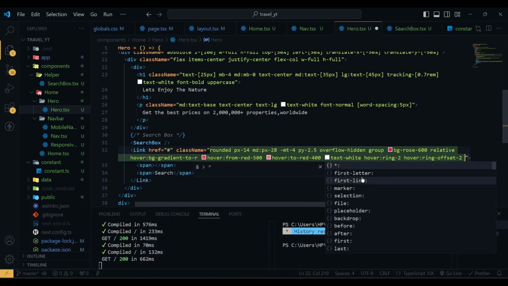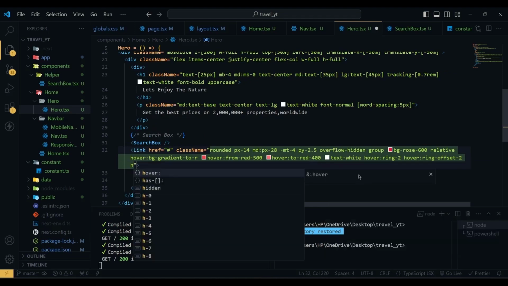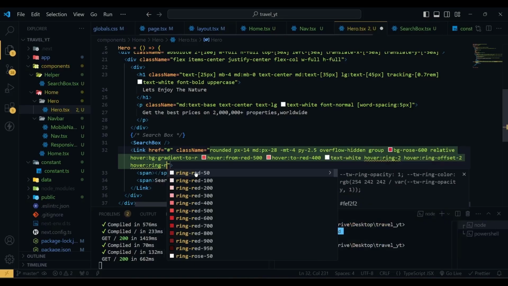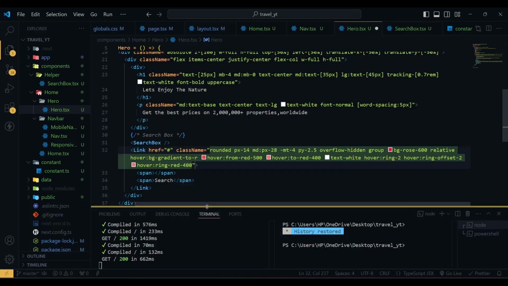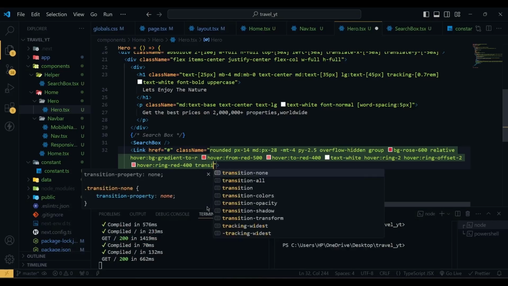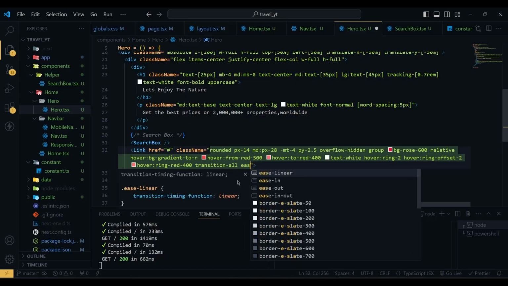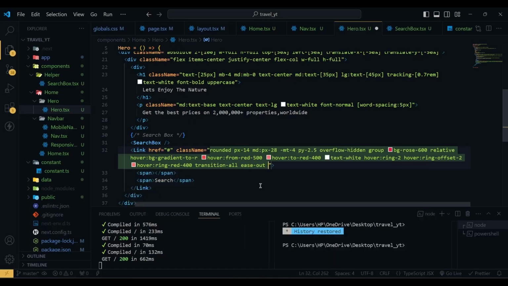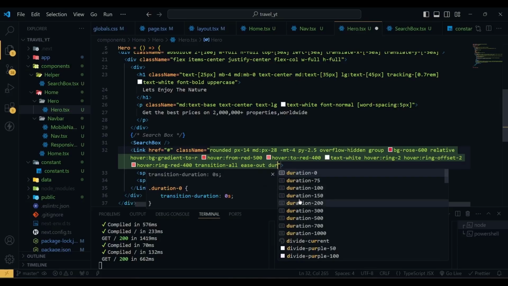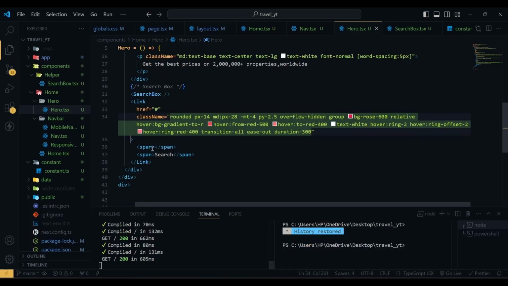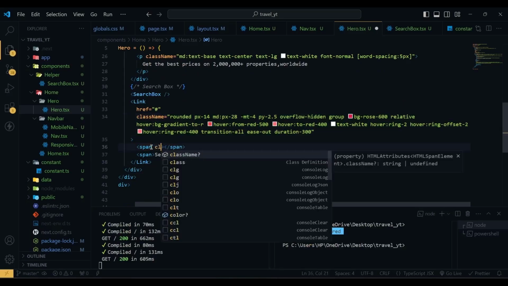In hover the ring will be red 400. Transition will be all. The transition type will be ease out, and duration will be 300. Now if I hit save, and then for the span we have a class name of